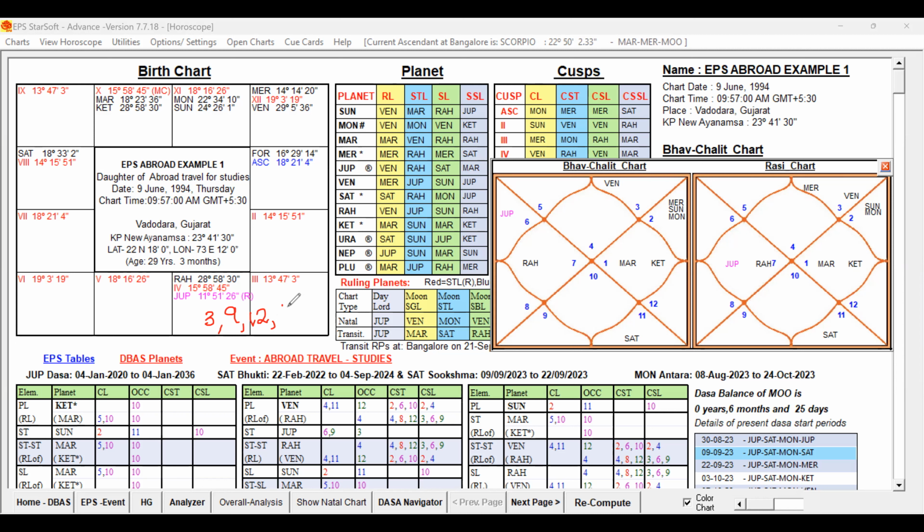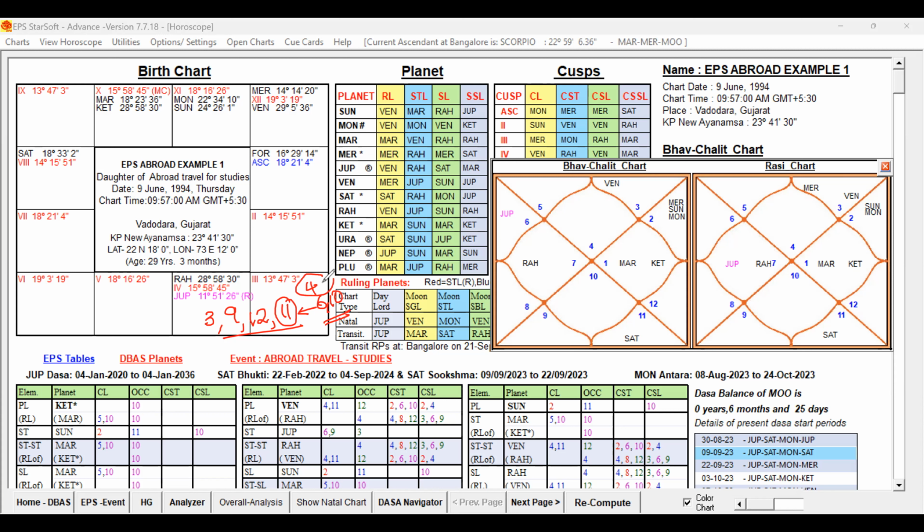Along with that, 11th house. 11th house in general is a good house for the lagna, for the satisfaction or for the desire to get fulfilled, right? So 11th house in general is good. And for what purpose the traveling is going to happen. Suppose if the purpose is for the studies, 4th house, or for the job, 6th house and 10th house. Sometimes what will happen? They go for studies, then it will also have 6th house, 10th house combination also. So initially they will go for pursuing some master's degree or something. Then once they complete, if the periods are favoring, they will go for the job also in abroad itself.